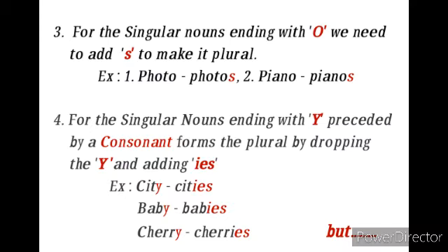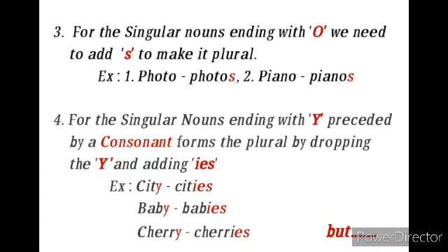Point number 4. For the singular nouns ending with the letter Y preceded by a consonant, form the plural by dropping Y and adding IES. That means whichever the word ending with Y and before Y, if you have a consonant, then you can drop the letter Y and you can add IES to make it plural. Example, city, cities, baby,